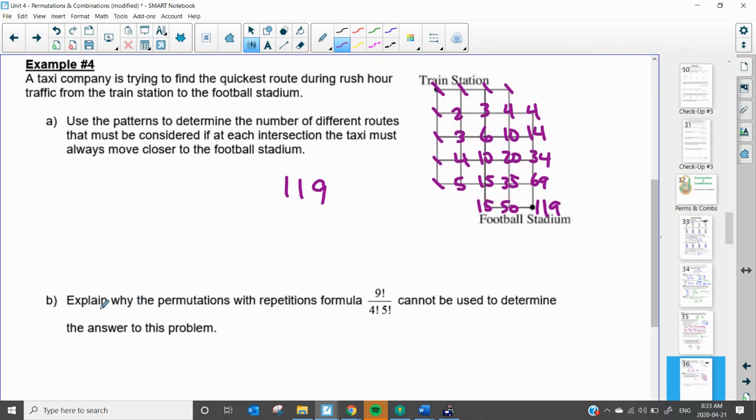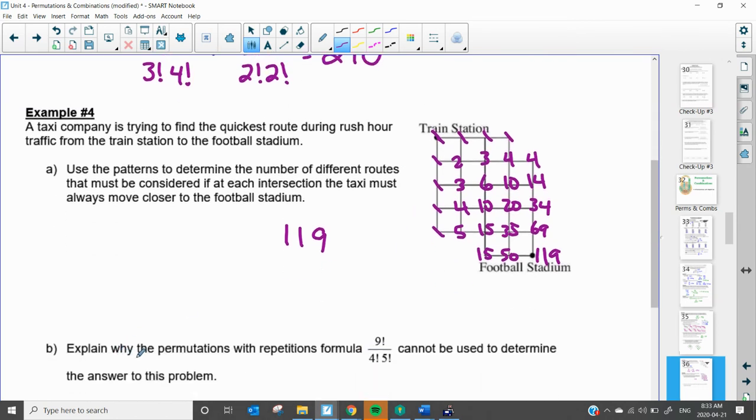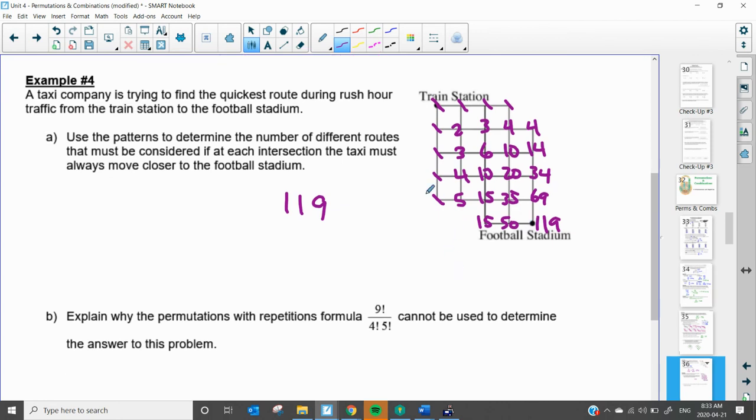Now, if we want to explain why, or if we want to look at this here, the question is asking why the permutations with repetitions formula doesn't work. Why can't we just say, well, there's 1, 2, 3, 4 ways east and 1, 2, 3, 4, 5 routes south. So 9 factorial over 4 factorial, 5 factorial. And the reason that we can't do that is because there's missing pieces. We don't actually have these 2 boxes here. And we don't have this box here. So you could do the 9 factorial over 4 factorial, 5 factorial, but you would have to subtract the pieces